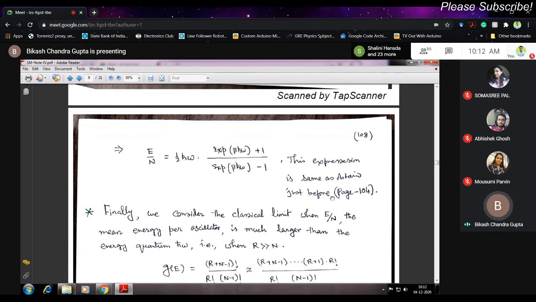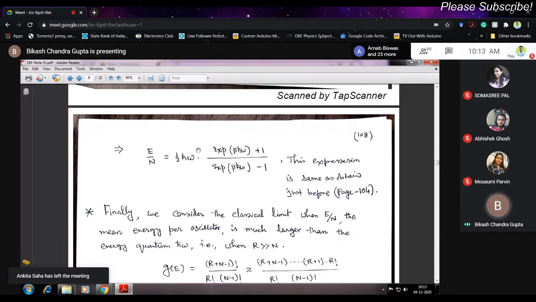And you see, if you go back to page number 104, in this expression, if you take e to the power beta h cut omega by 2 common here, it will be e to the power beta h cut omega by 2 plus e to the power minus beta h cut omega by 2. Here also you take e to the beta h cut omega by 2 common: e to the beta h cut omega by 2 minus e to the power minus beta h cut omega by 2. That will be twice cosine hyperbolic beta h cut omega by 2, and this will be twice sine hyperbolic beta h cut omega by 2, and therefore it will be coth of beta h cut omega by 2,